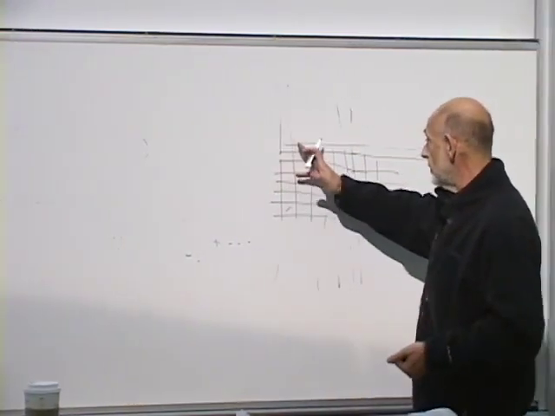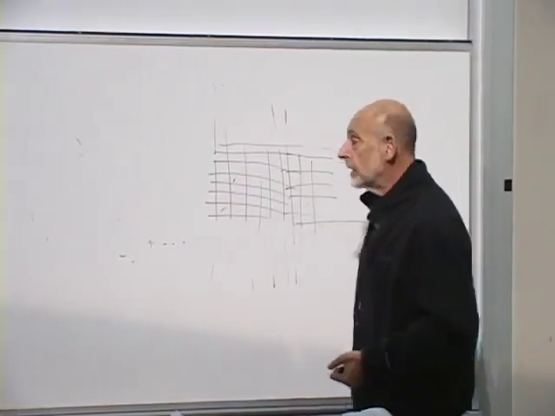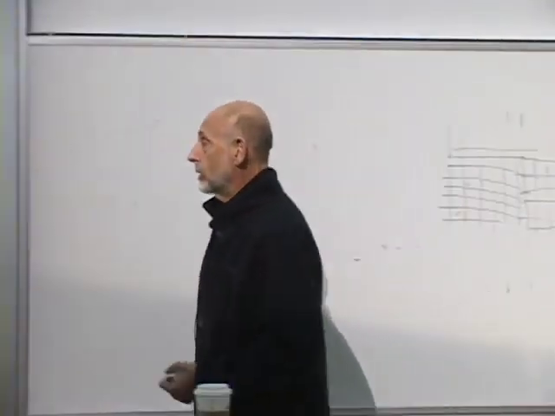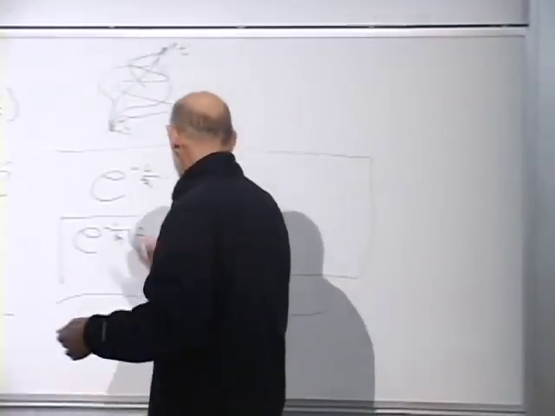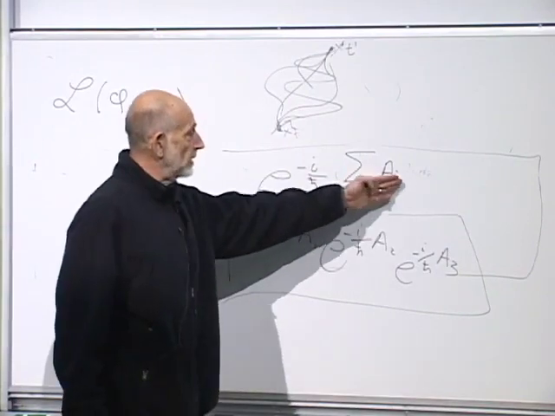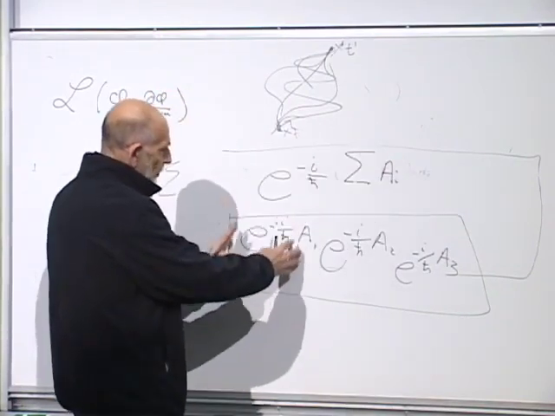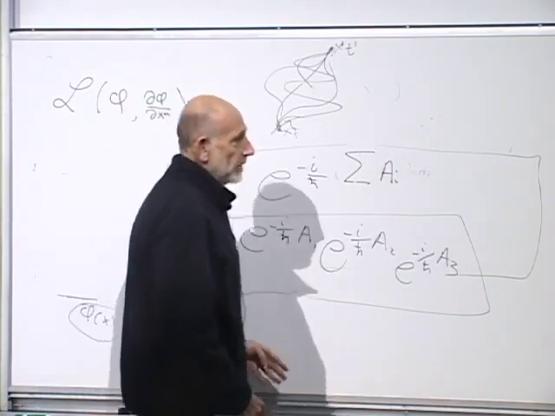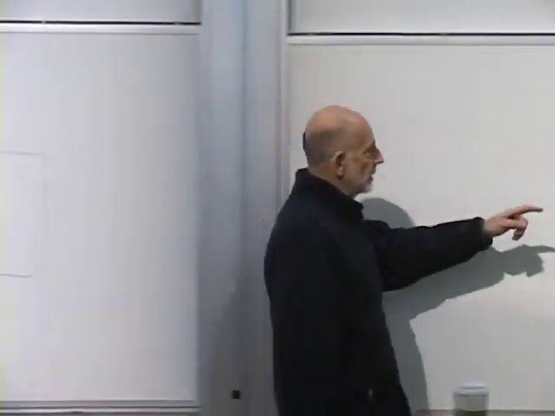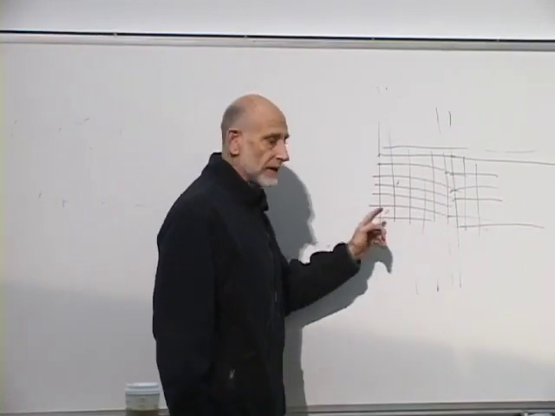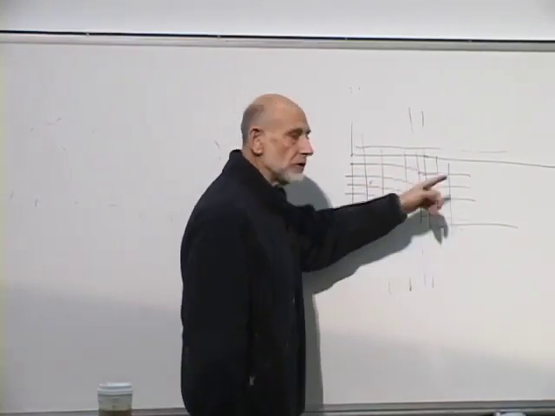And the final state now means the field in each one of these cells here. Answer, you take e to the minus i times the sum of the action in all the cells, but we now realize that this is simply the product of e to the minus i of the action in each cell. We multiply together the action in all of these cells